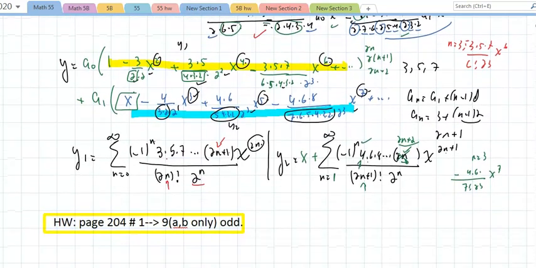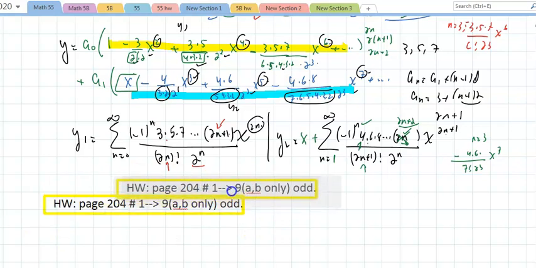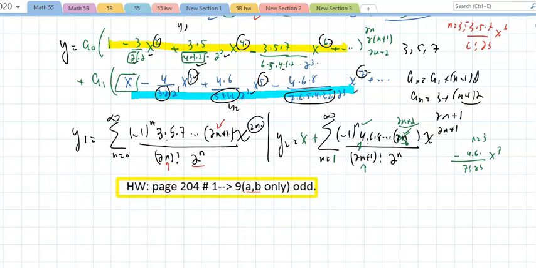And our homework on this section is going to be page 204, number 1 through 9. And just like I did in the homework, you're going to only do part A and